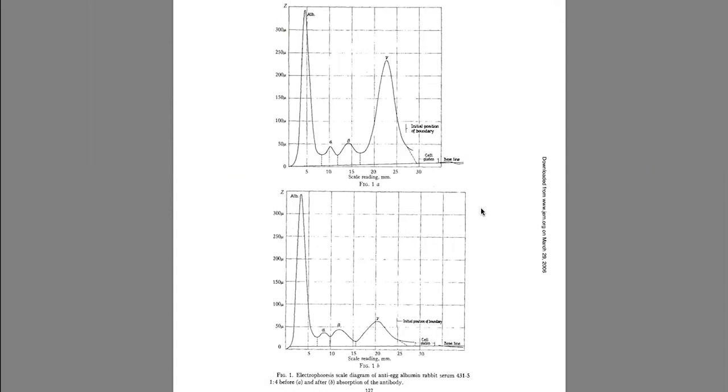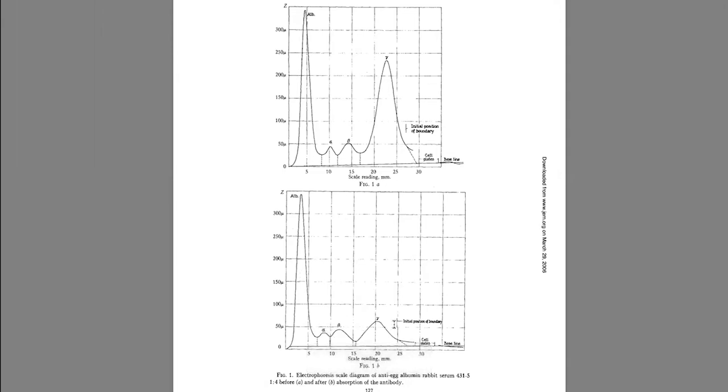And I want to draw your attention to the 1B at the bottom first, because on the left here, we have a very sharp peak. That's albumin. And so this is an electrophoretic diagram. And then we have alpha, and then we have beta, and then we have gamma globulins in this plot here. And from this you can discern that there's a lot of albumin and not as much alpha,